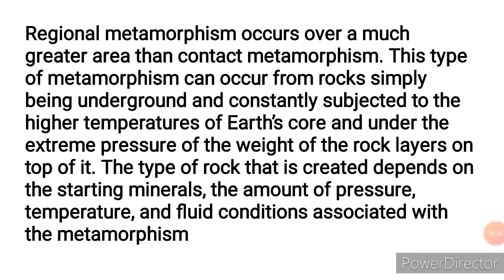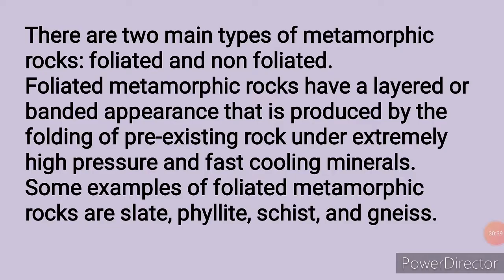The type of metamorphic rock that will be formed now will be determined by the minerals that were present. Okay? And then the fluid condition associated with what? Metamorphism. That is how the liquid or the magma flows. It is on this basis now that we have two types of metamorphic rock. I am not talking about ways of what? Metamorphic rock. There are two ways in which metamorphic rock is formed, and there are two types of metamorphic rock that is formed. The two types of metamorphic rock that are formed are foliated and non-foliated metamorphic rock.